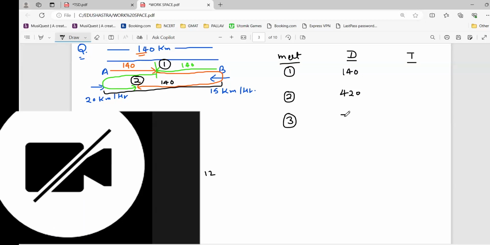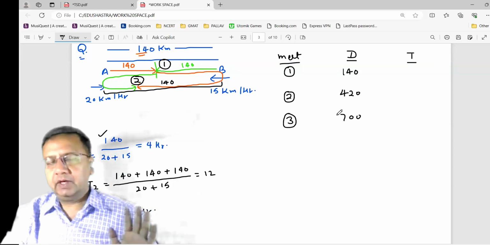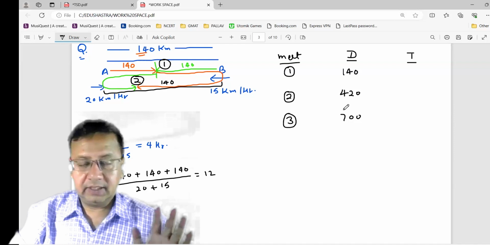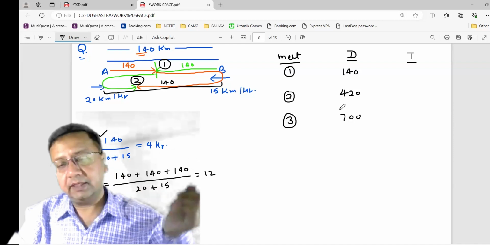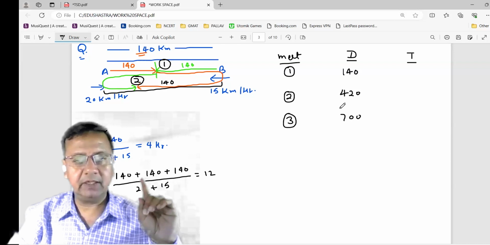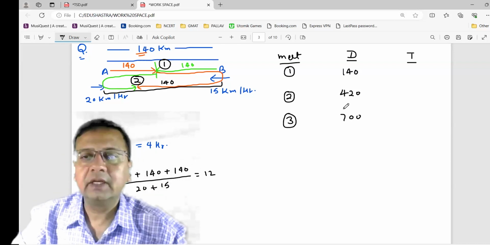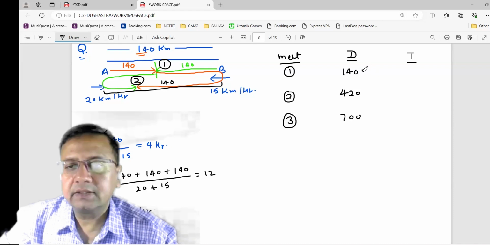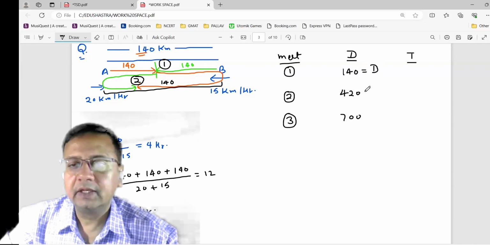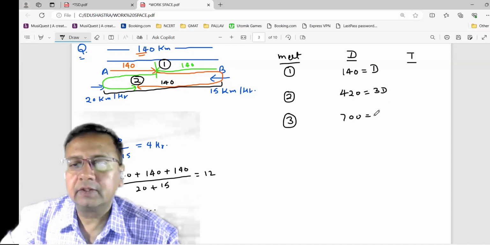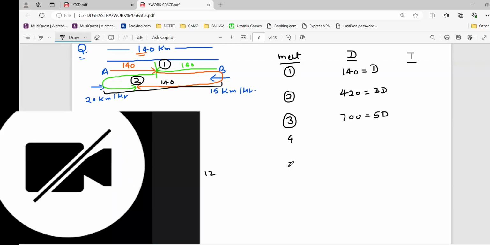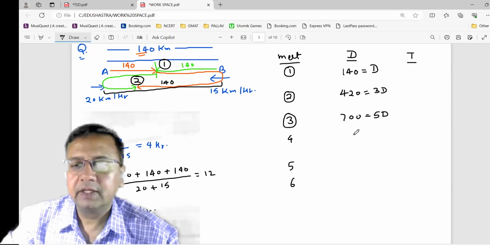700। 700, है ना? तो क्या होगा कि जब आप स्टार्ट कर रहे हो, जो भी हम कैलकुलेशन करेंगे वो स्टार्टिंग से करेंगे, फर्स्ट मीटिंग सेकेंड मीटिंग के बाद भी स्टार्टिंग से सारे आंसर्स करेंगे, राइट? तो आपका अगर ओरिजिनल डिस्टेंस D है, तो सेकेंड मीटिंग कितना होगा? 3D, ठीक है। थर्ड मीटिंग कितना होगा? 5D। अगर मैं और आगे जाता हूँ, 4 है, 5 है, 6 मीटिंग है, तो ये कितना होगा? 7D। ये कितना होगा? 9D।